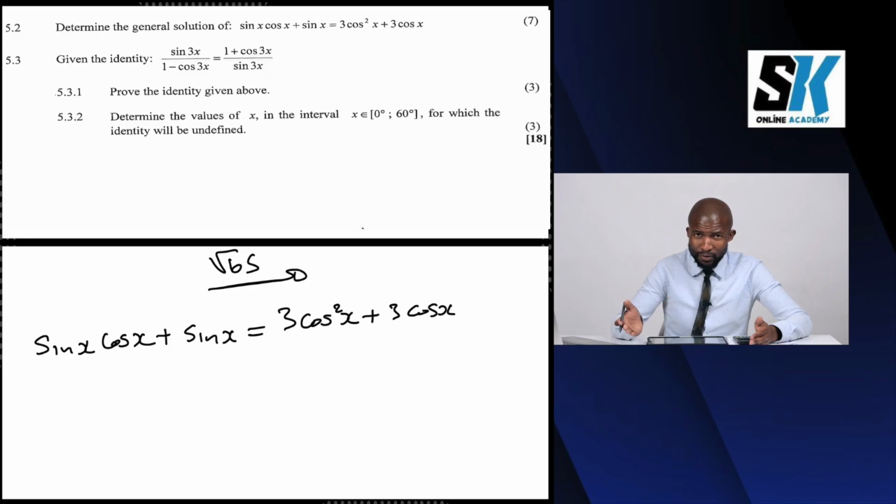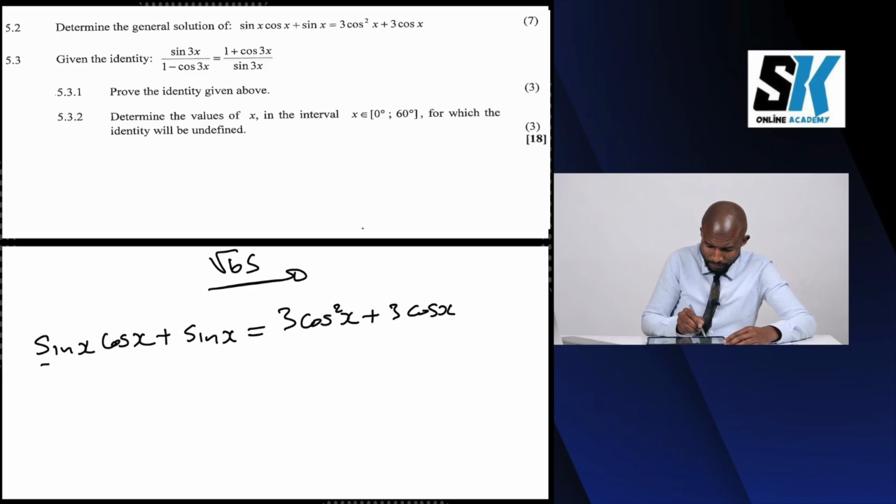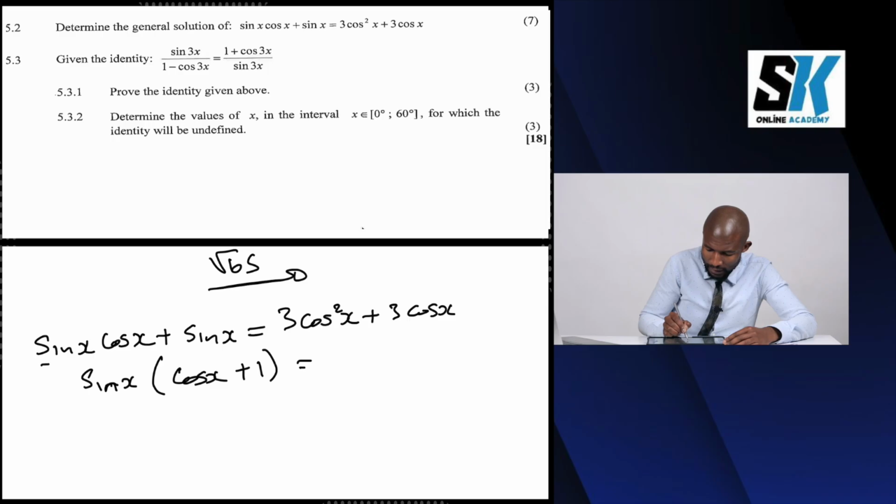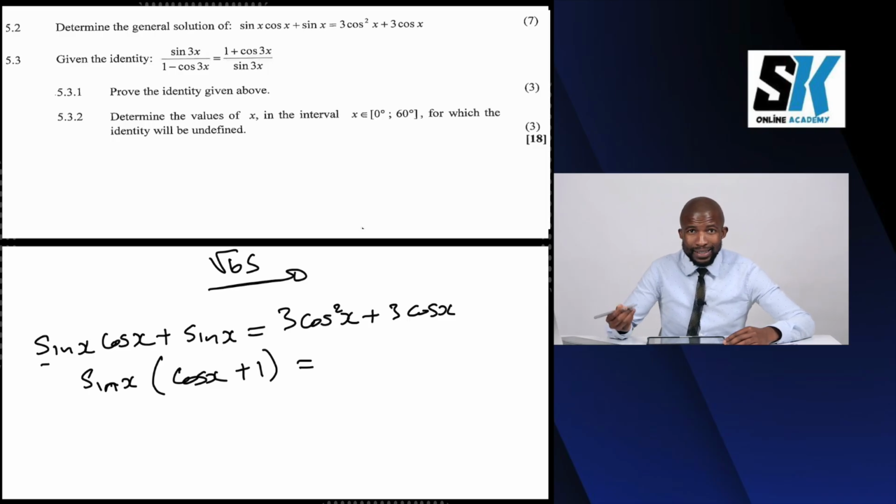What can you take out of your brackets and all that? So you need to apply those skills in order to master your maths or your algebra anyway. So if you look on the left hand side of your equation, you can see that sine x is common on both sides. So we're going to take sine x outside of your brackets. So we're going to have sine x, then we open our brackets. So we're going to have cos x plus 1, being equal to,